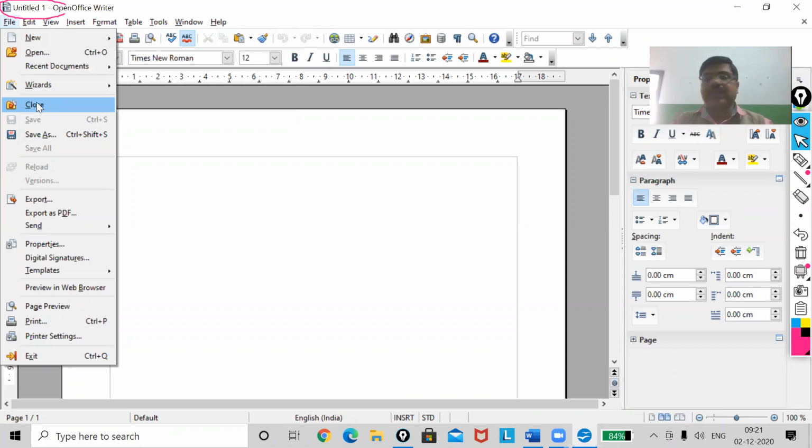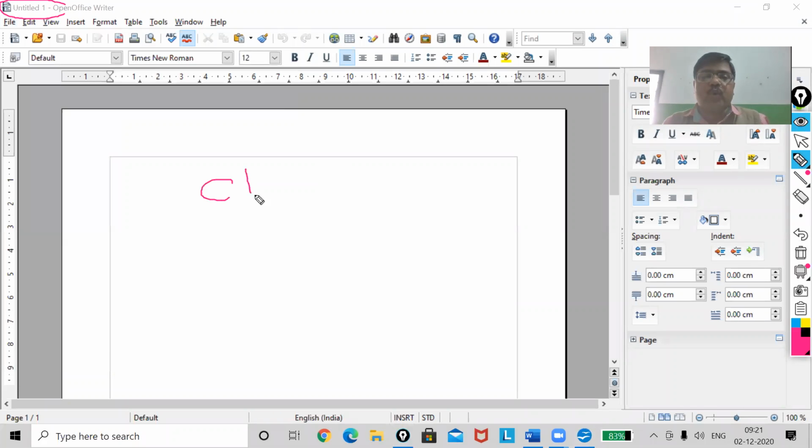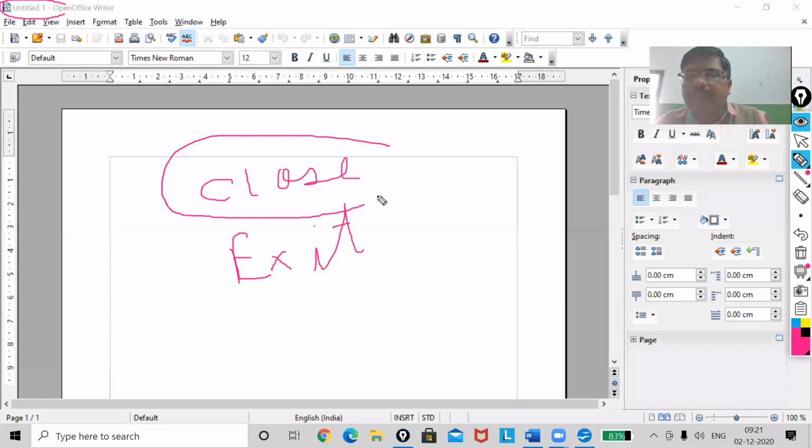Now, close. Listen, my dear, close and exit are different. If I use close, what will happen? My document will be closed. But if my document is not saved, it will ask me to save the file.